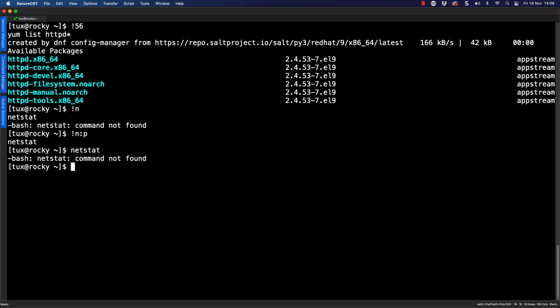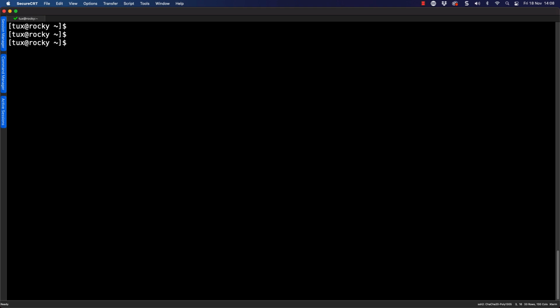However, if we really do want to preview the command before we execute it, another way is to use the keys Control and R. Control and the letter R. This allows me to reverse search, and the idea of this is I can put in any string, not just the string at the beginning of the line. So because I've got many yum commands, if I just want to get back to the yum list, I can use list as my search string. We're searching for it anywhere in the command line, not just at the beginning. And of course, you can see I can preview the command before I execute it.